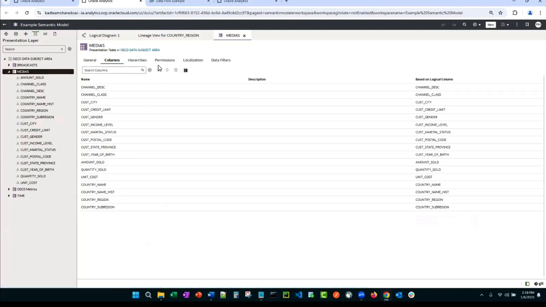They also allow you to have permissions. So that means you could have an object or a folder under a specific permission. So some users see it, some don't. It also allows you data level security within here. So a whole host of options. We're going to have a whole entire session on semantic modeling within here. And this is also integrated fully with Git if your company uses GitHub at all.